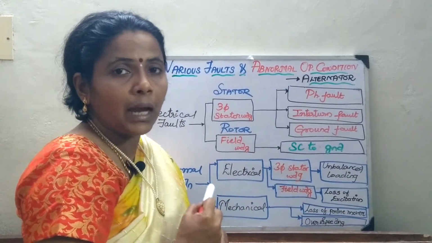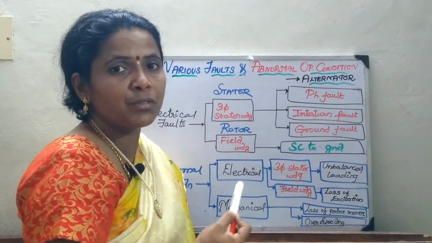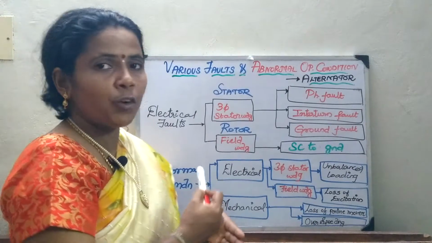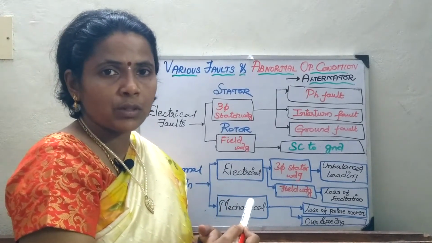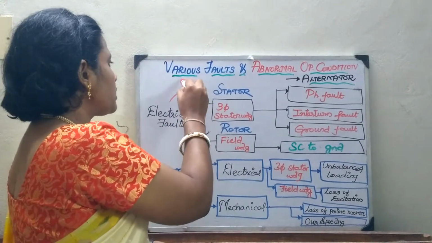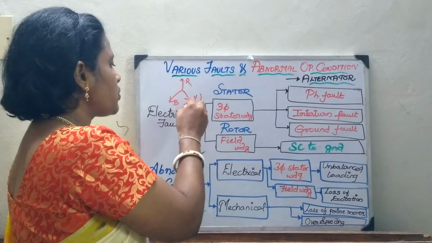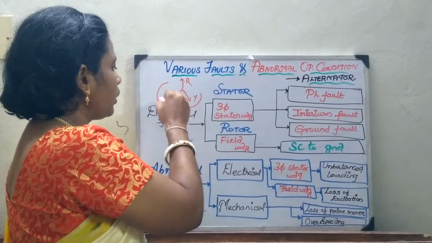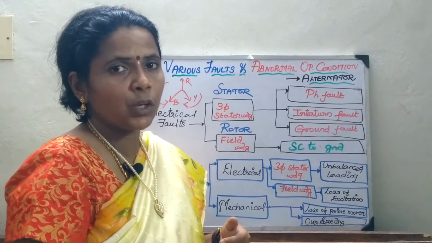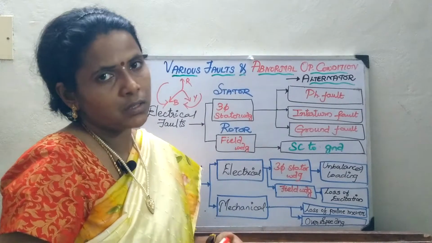If there is unbalanced loading in each phase, it can introduce a negative sequence component in the circuit. So, what is the difference between a positive sequence component and a negative sequence component? If all the phases rotate in the clockwise direction, RYB, it is your positive sequence current. If it rotates in the anti-clockwise direction, it is called your negative sequence current. This negative sequence current is going to cause a loss or overheating in the circuit, which should be avoided.